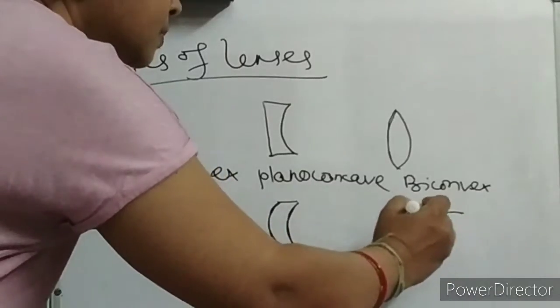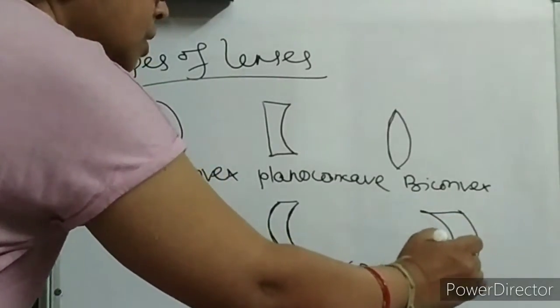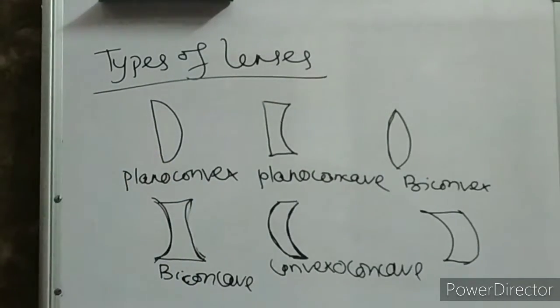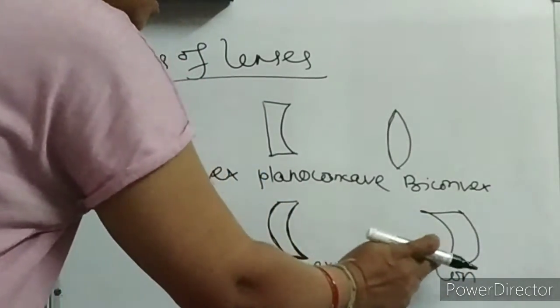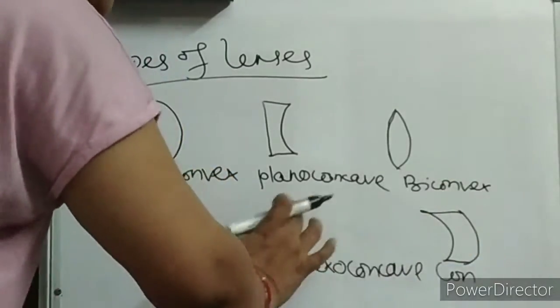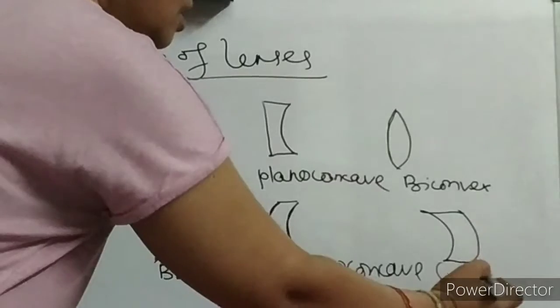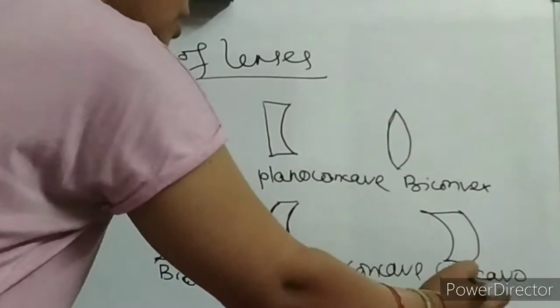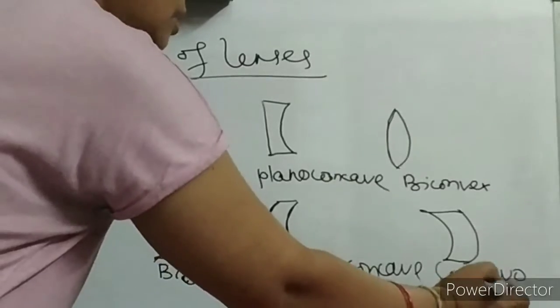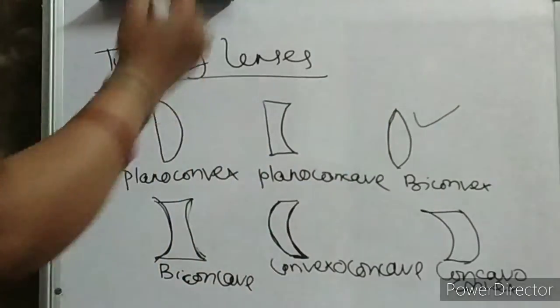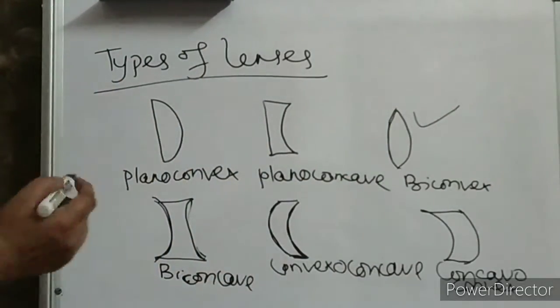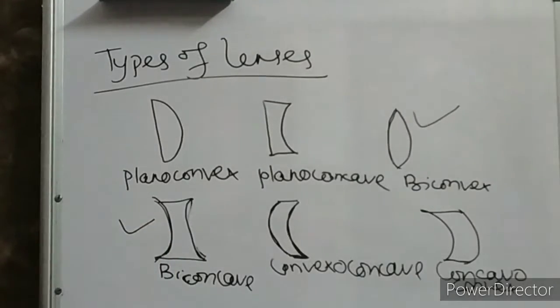Another one is like this. Both are inwards. Okay? This is called concavo-convex. The first one is concave, going inwards. This one is bulging outward, just the reverse of this. So that's why it is called concavo-convex lens. So there are 6 types of lenses. We are going to study simply biconvex, which usually we will call convex, and biconcave or double concave, or simply concave lens.